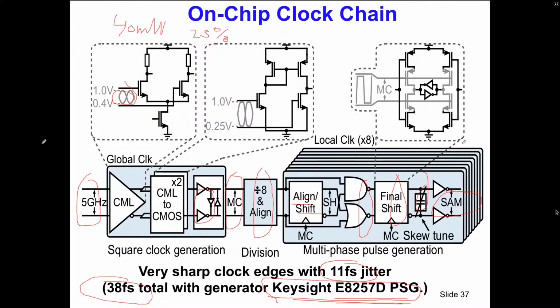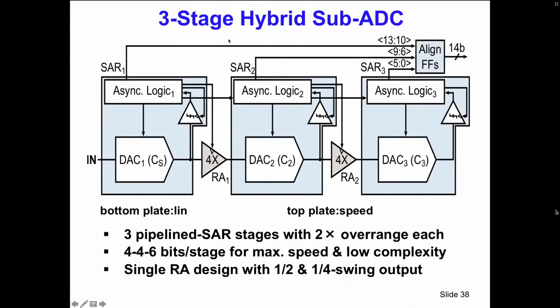So this clock chain drives 8 of these A to D converters, and I'll give you a very short intro in how this is built up. This is basically what people now call a hybrid A to D converter. It is hybrid in the sense that it is essentially a 3-stage sub-range A to D converter. But the 3 stages themselves, each of them is built up as a successive approximation A to D converter. So the main structure is that of a sub-range A to D converter with the residue amplifiers over here,